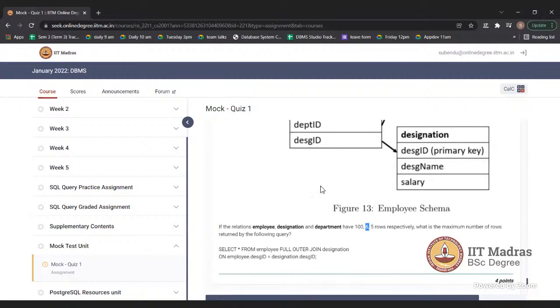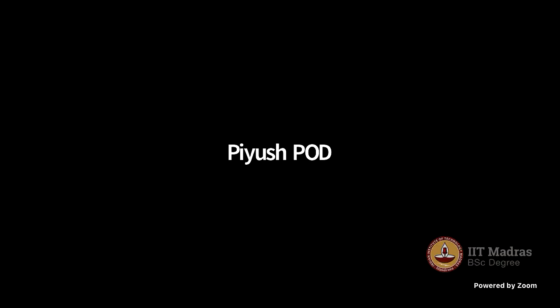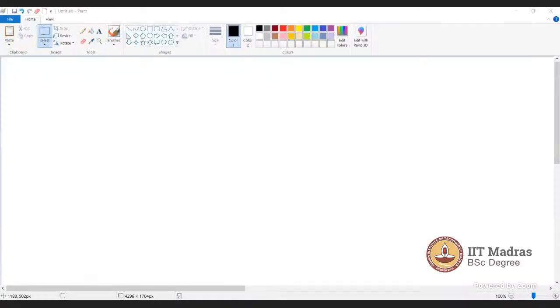Okay, so let me share my screen. If you consider the same designation ID in the employee table in all the 100 tuples and perform the full outer join, then those 100 rows have a common designation ID with the designation table, so that will get printed, and the remaining 5 designation IDs from the designation table will also get printed. So total 105, right? If you do not consider that designation ID as null. Designation has 6 tuples, so that is unique, right?